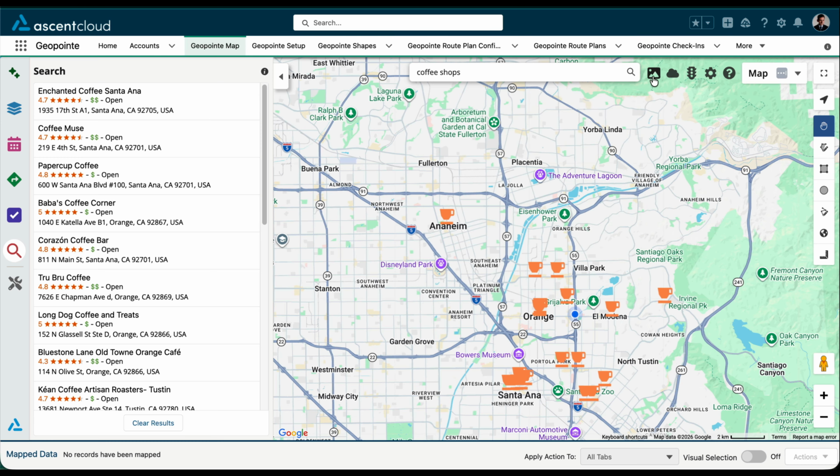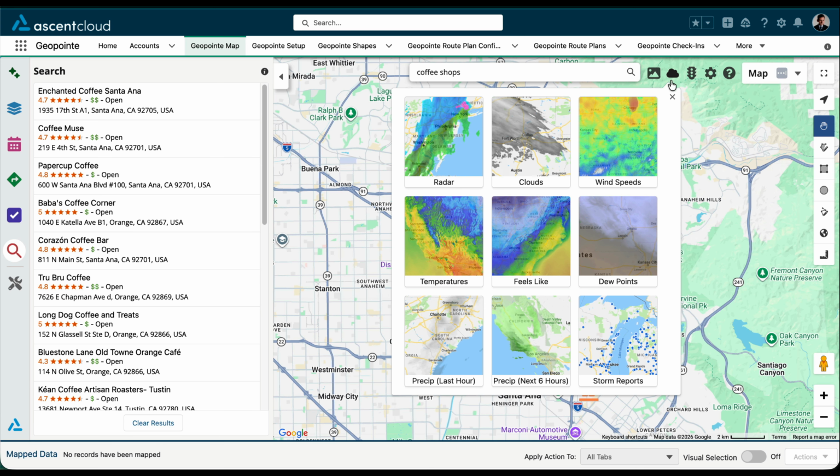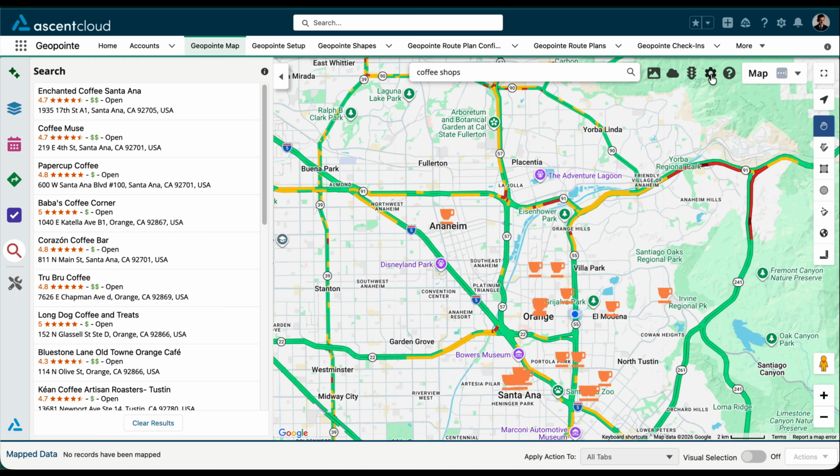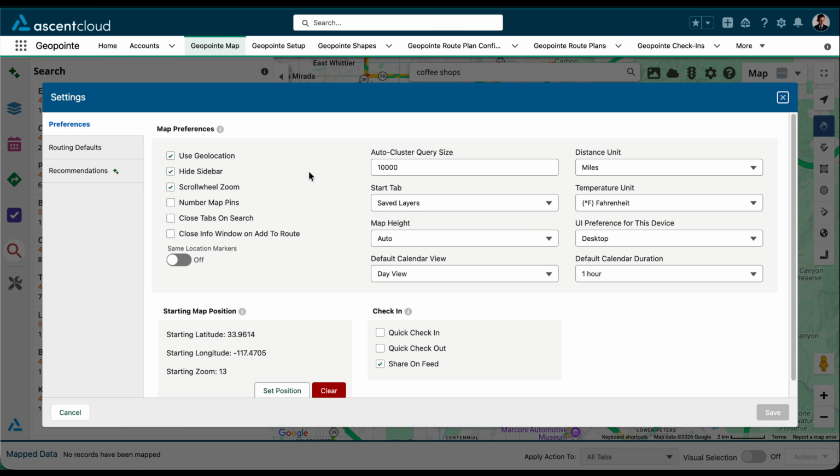Over here we have the screenshot icon. You can take a screenshot if you want to make a presentation-friendly version of the map. Weather layers, which provide real-time weather updates. Traffic layers. The settings, which is really important for customizing your experience in Geopointe. This is specific to you as a user, but keep in mind that a Geopointe admin can override these settings